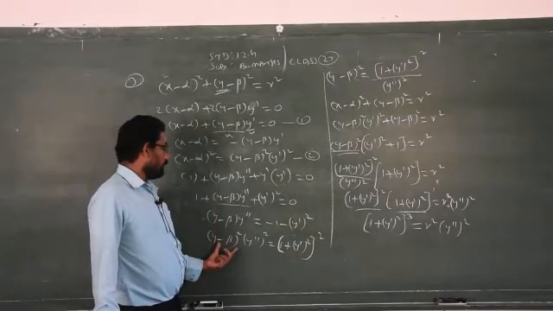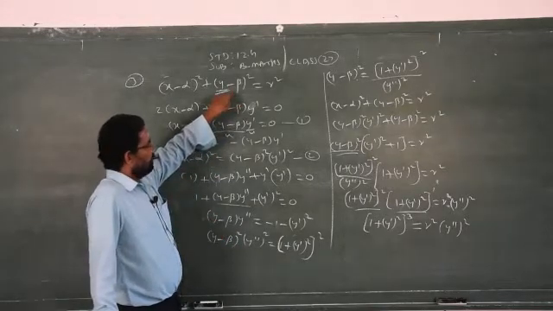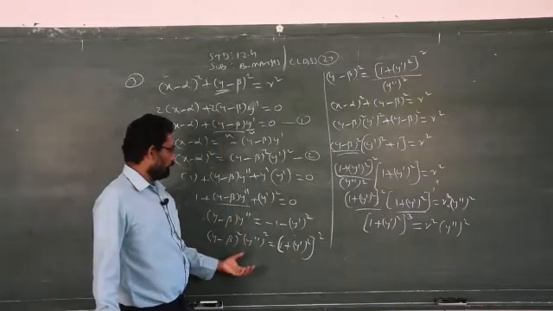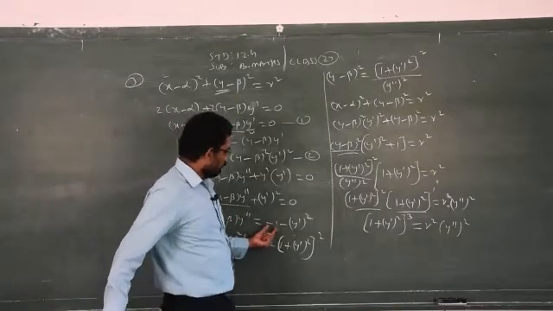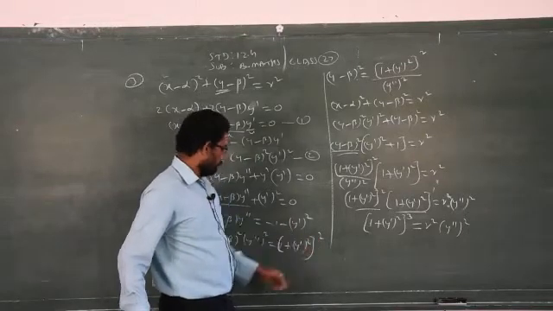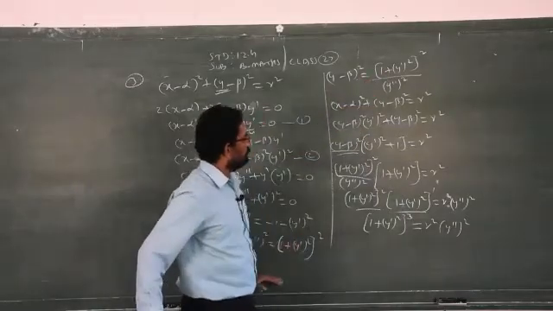Why do I need to square on both sides? Because I need y minus beta the whole square from the question. So I am squaring on both sides. When you square, you have to square all the factors. When you square this one, minus will become plus. So 1 plus y dash the square, the whole square. So you have to find out what is y minus beta the whole square from these steps.